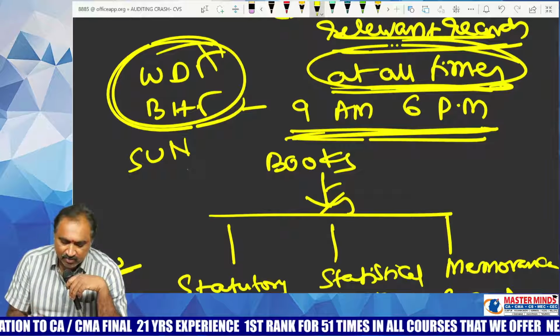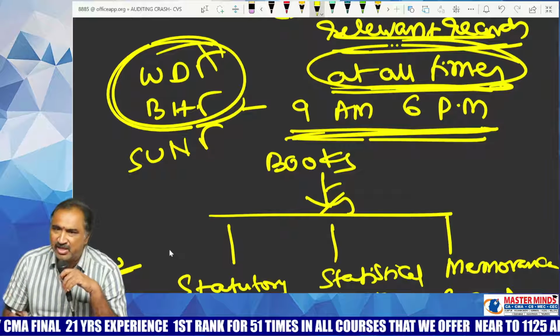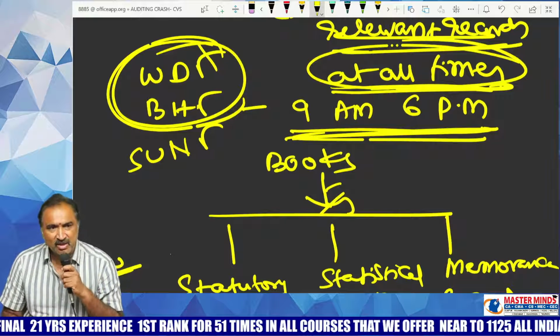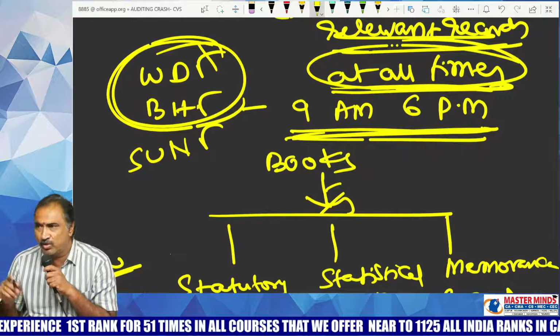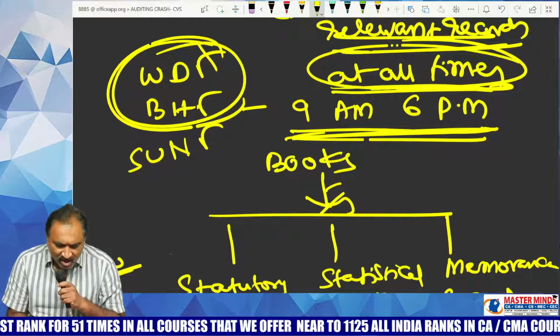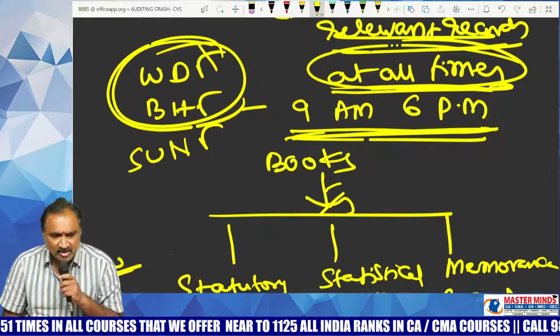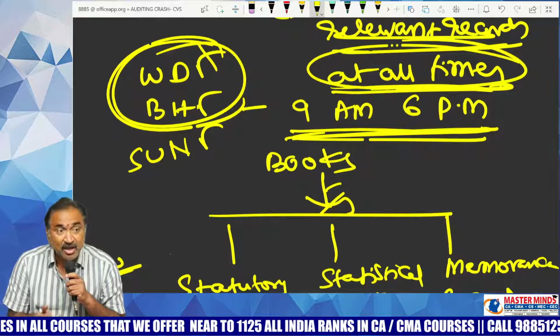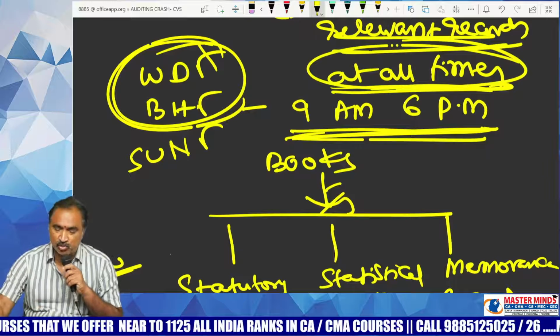For some types of companies, even Sunday may be a working day. The best example is a chit fund company. A chit fund company will operate its transactions on Sunday, but Monday is a holiday to a chit fund company. If you were the auditor of a chit fund company, when Sunday is a working day, you can obviously verify the books and other related records on a Sunday because it is a working day and is not a holiday to the company. This is about at all times.